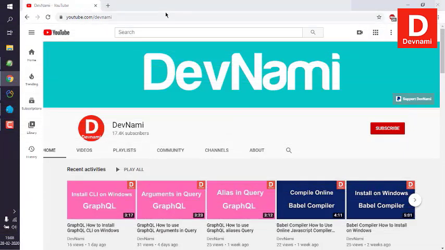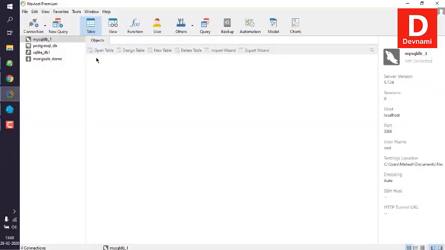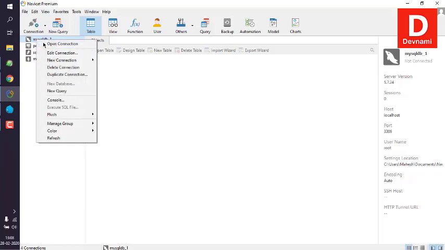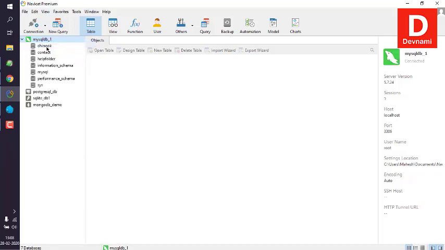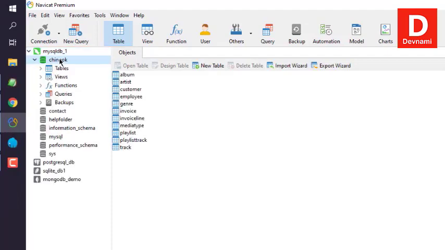Okay, so let's take a look at how you can export MySQL database table to CSV file format. So what I will do is, I will make sure that my MySQL server is running, and then log into this Navicat, and open connection, and here you see list of available databases, out of which let's choose one table from this Chinook database,